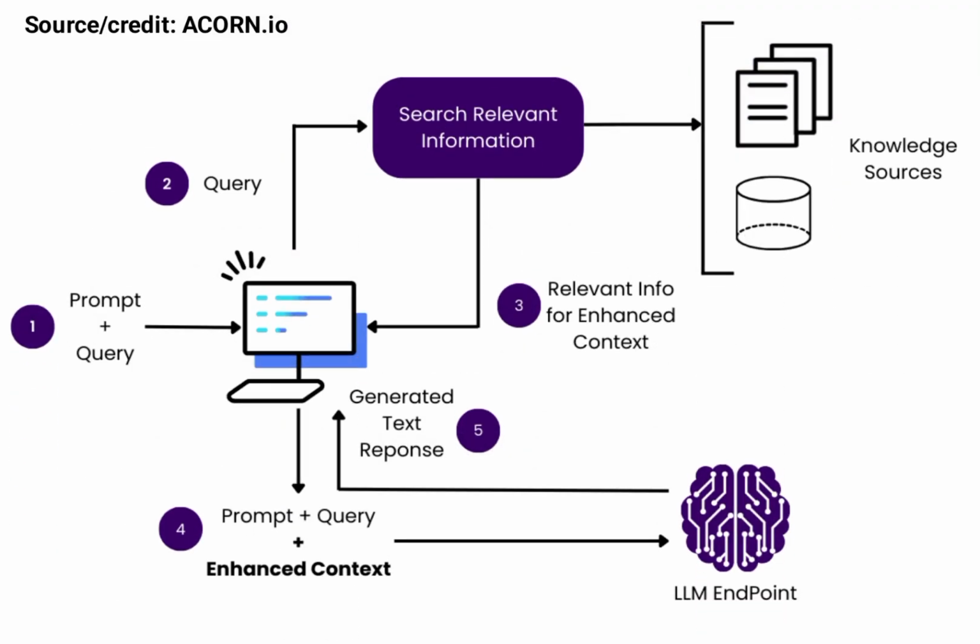Here's a basic example of a RAG system. Firstly, the AI agent is given a prompt which it sends to the database or the knowledge source. Then it takes relevant information for enhancing the context. Then it sends that enhanced context back to the AI agent. Afterwards, the AI agent will combine the enhanced context with the prompt, send it to the large language model or